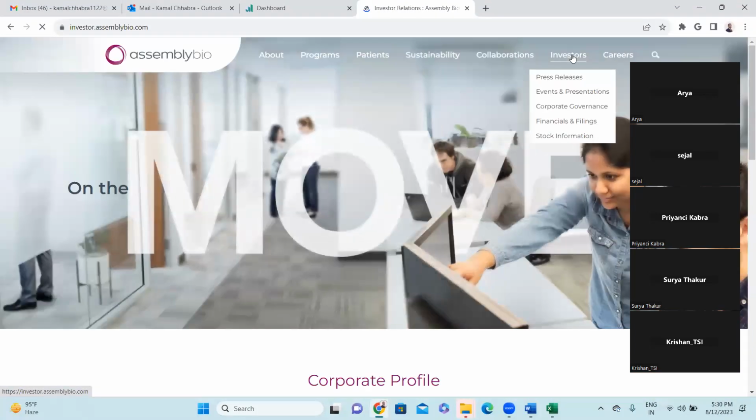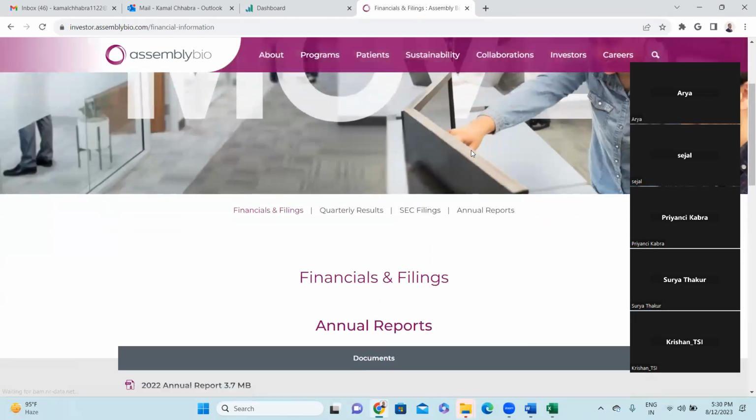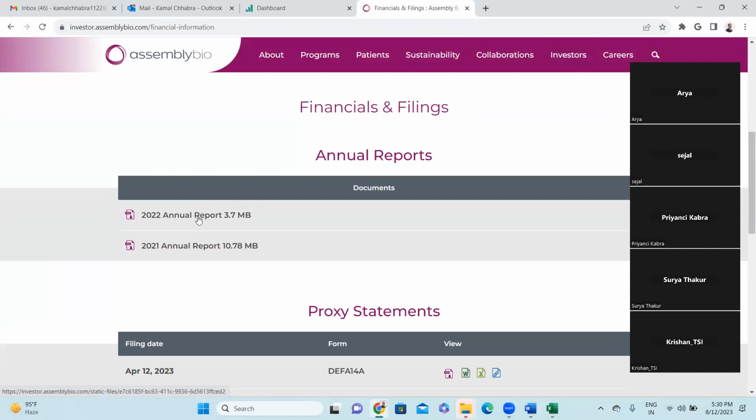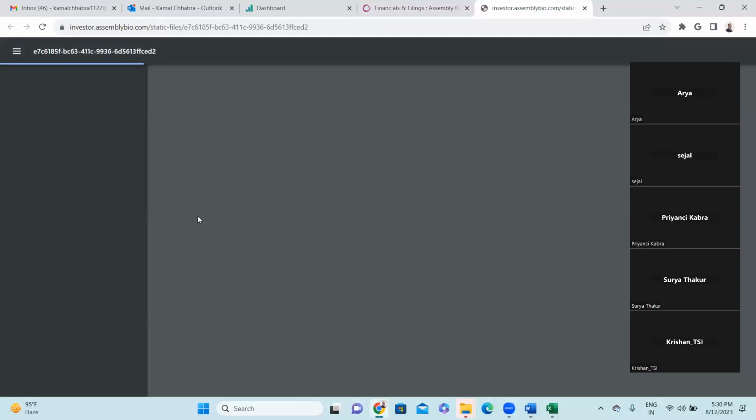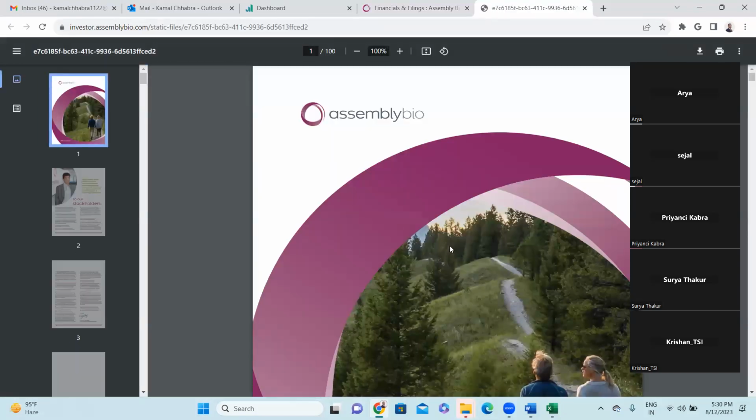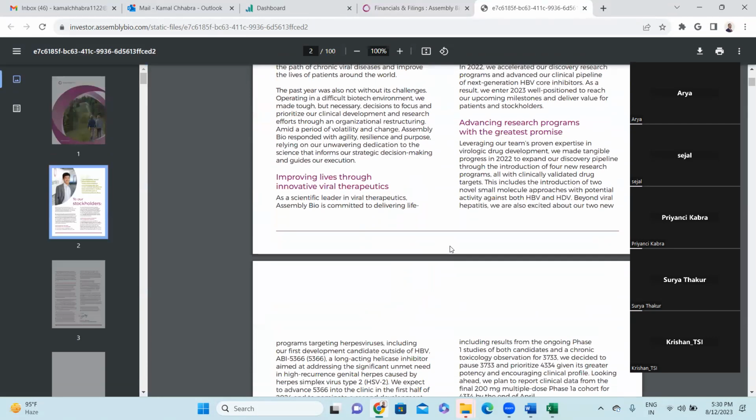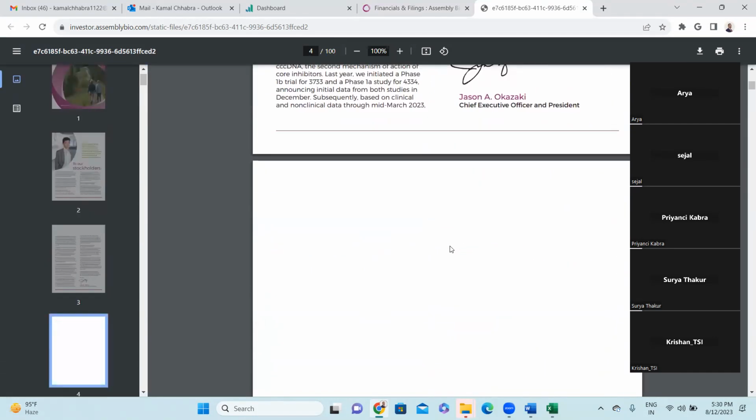So this is a listed client. For any of your listed clients, you can go to the investor cell. There you will see press release, events, corporate governance, financials and filings. If you go to financial filings, we'll see their reports, like their annual filing 2022. I would say for the client you are working on, just download their annual filing report and go through it. It will help you in your audit, BAR and FAR examinations, and more importantly, help you better understand the client.